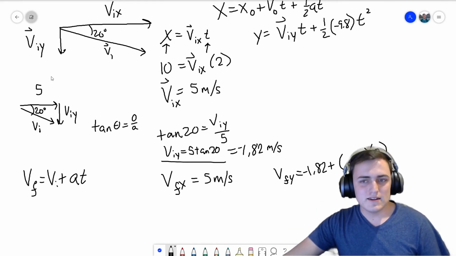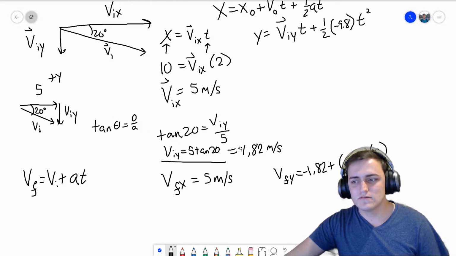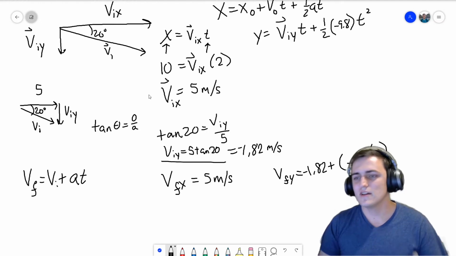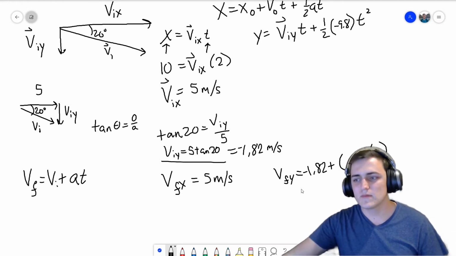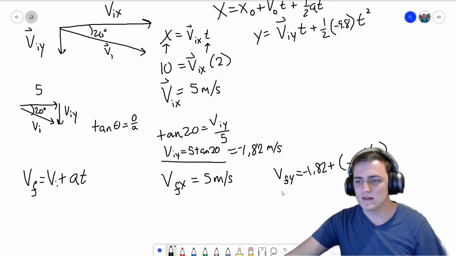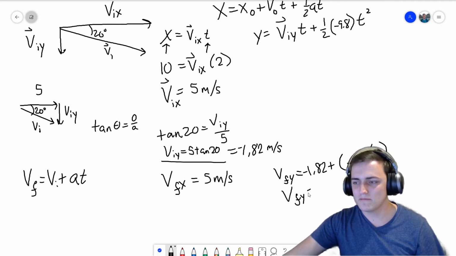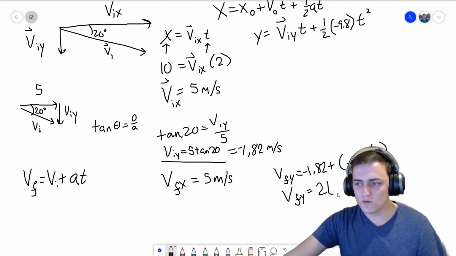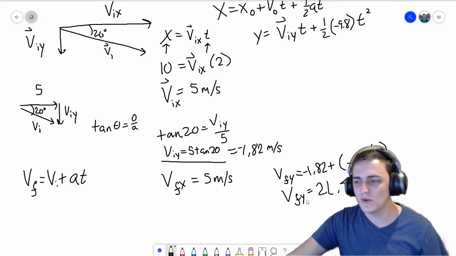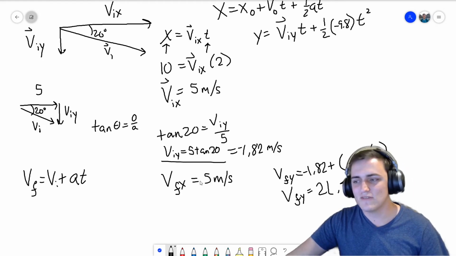If you wanted, you could indicate that this is the positive y direction. You could turn that positive and you could turn your 9.8 to be positive. But that's not going to really help us in this problem. And so it's really important that we keep track of the initial velocity being negative. We want that negative 1.82 minus 9.8 times 2. That's going to give us our V final y. So we find it to be 21.4 meters per second. And so we have the x and y components. The last thing we have to do